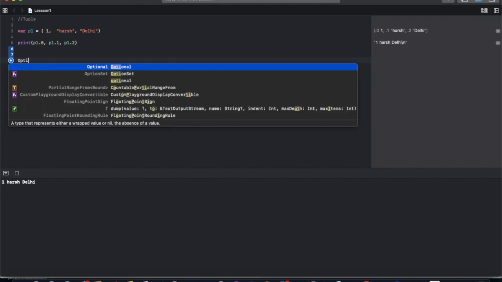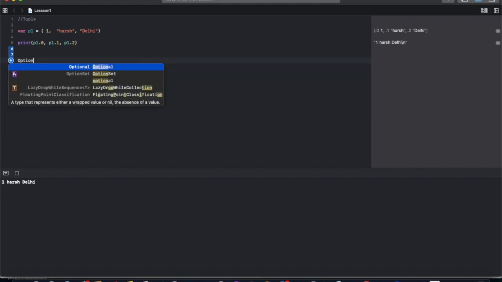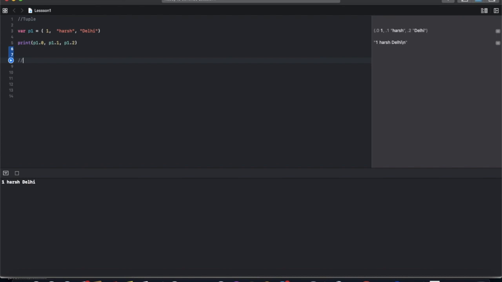Basically, optionals are for values which can contain a nil value. And what is nil? Basically, nil is nothing. We do not have any value, so it's called nil.